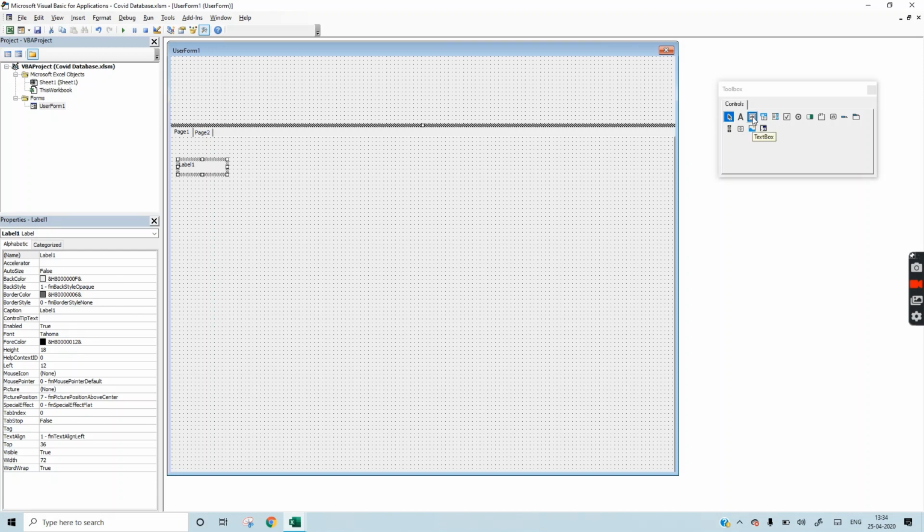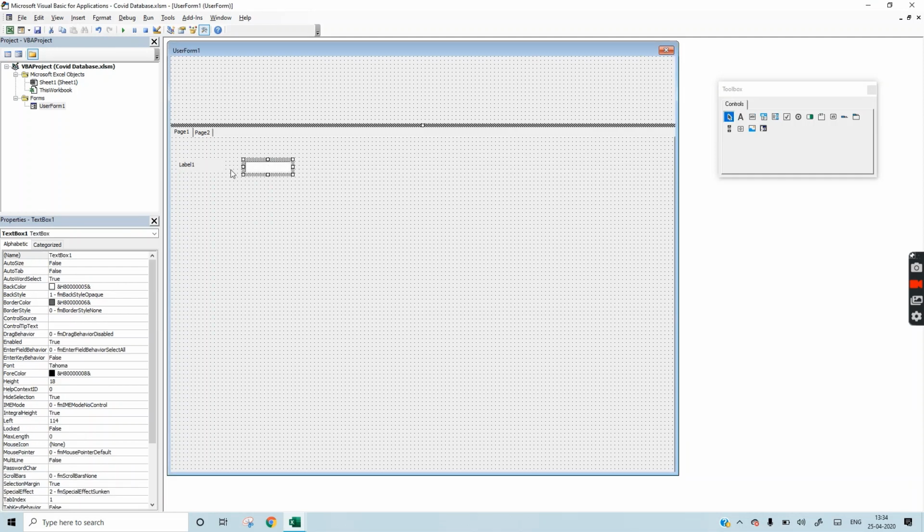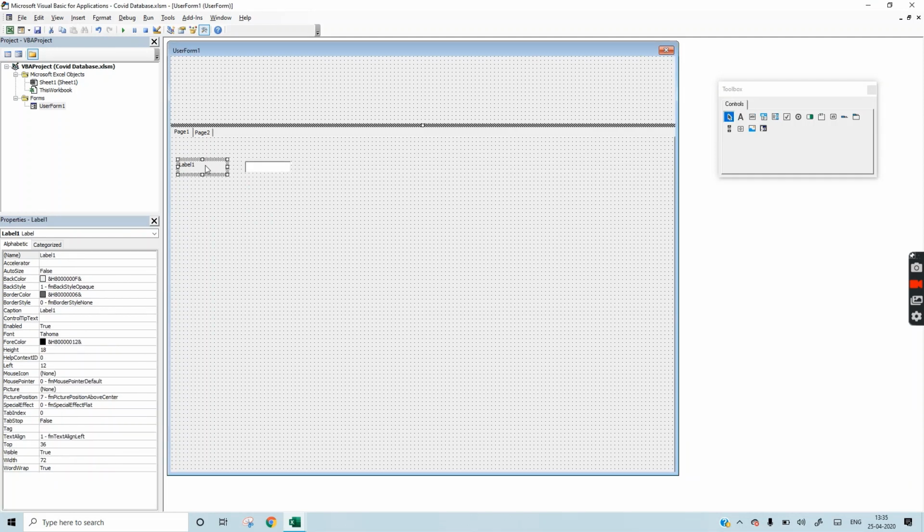So this is a text box. Here data will come, and in the label the heading will come. So we will copy this heading and paste it. I am doing Ctrl+C and Ctrl+V.